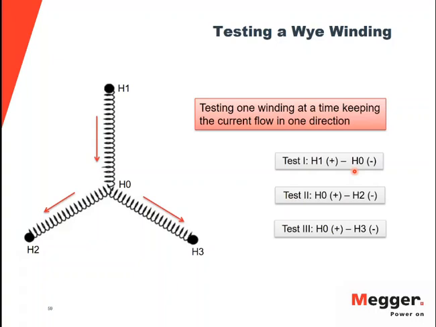So in order for you to make sure that you do that, if I test my A phase winding from H1 to H0, then when I'm testing my B phase, I should be testing from 0 to 2. And when I do that, I'm trying to maintain the direction of flux in the same direction. So when you test the B phase, the amount of effort needed to get a stable reading would be a lot less if you test from 0 to 2, and likewise for C phase,